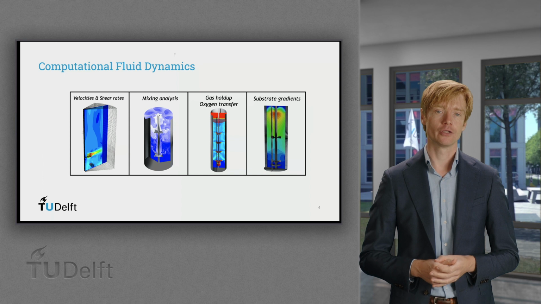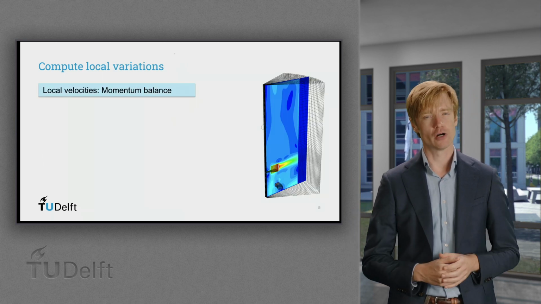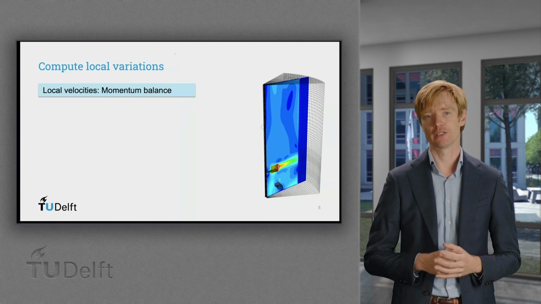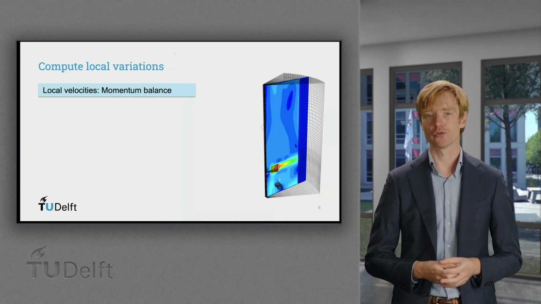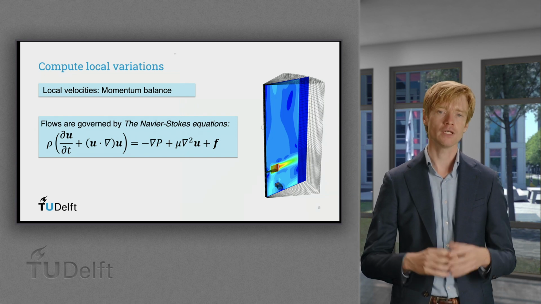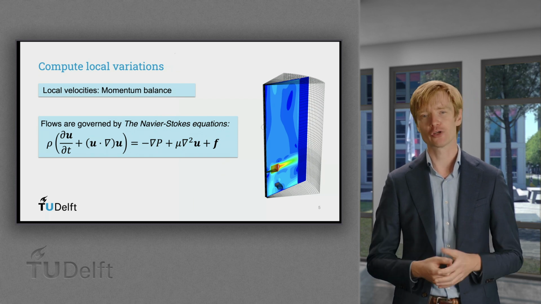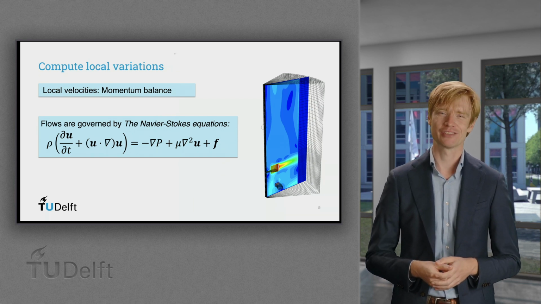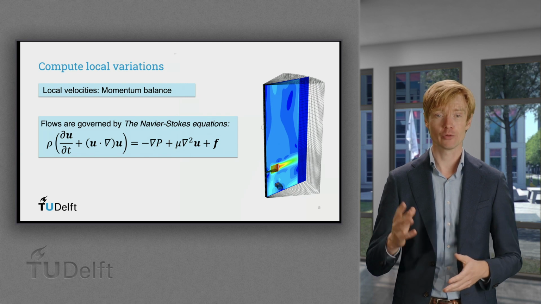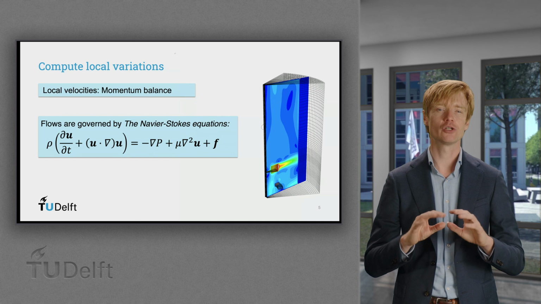This is also done using a balance, the balance of momentum. You may recall that momentum is mass times velocity, and this balance is also called the Navier-Stokes equation. You see it here on the screen. This is actually a very complex set of equations, which keeps occupying the minds of many mathematicians. It cannot be solved directly, but with a numerical approach and the appropriate processing steps, we can find an approximate